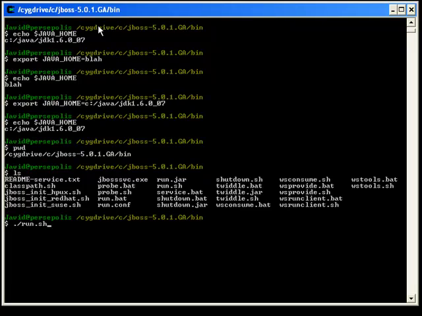It's very handy if you're doing development, or if you're used to working in a Unix type of environment. A lot of very useful utilities and command line tools that you can use. So I highly recommend getting Cygwin and working with it. But if you want to run JBoss, you'll run the run.sh, and you can run that from Cygwin